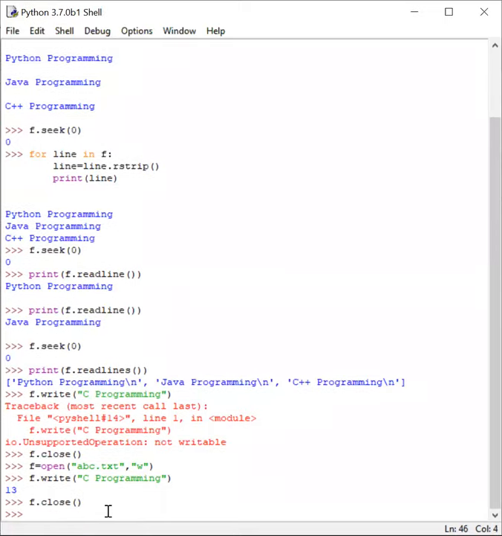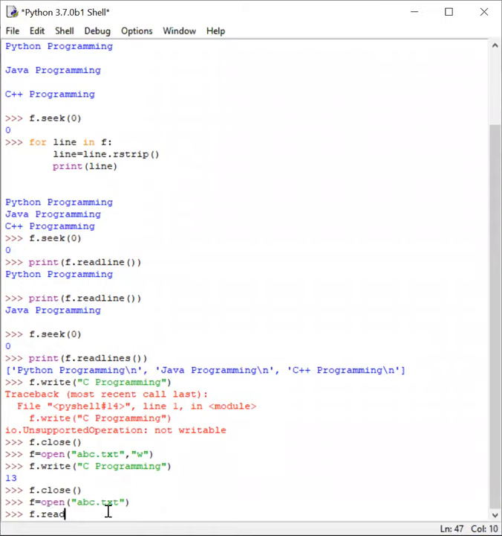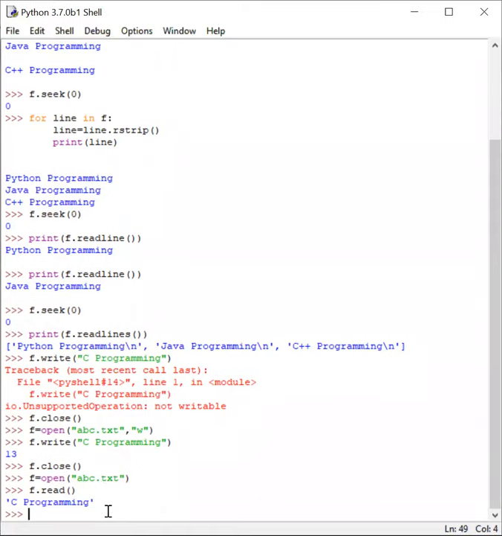And again, I want to read the file. So I can say f is equal to open again. I've opened it in read mode. I've not specified anything, which means that it is in read mode. And I can say f.read. You can see it has only C programming. It doesn't have anything else. It's because you opened the file in write mode. You wrote the content C programming, so the old content is erased. The new content is C programming. If you want to write anything else, again close the file and open the file in write mode. Or if you don't want to do this, you can also open the file in r+ or w+ mode.